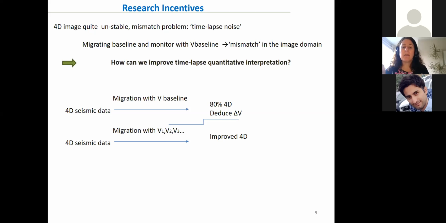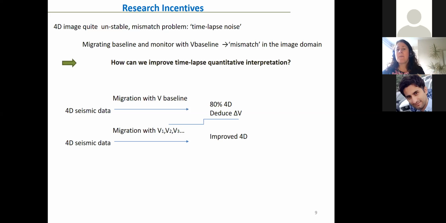And what happens if you then convert your data to the image domain, there will be a mismatch, right? Because we know that the monitor has a different velocity. So if you migrated with the velocity of the baseline, it will appear at a different location in the depth